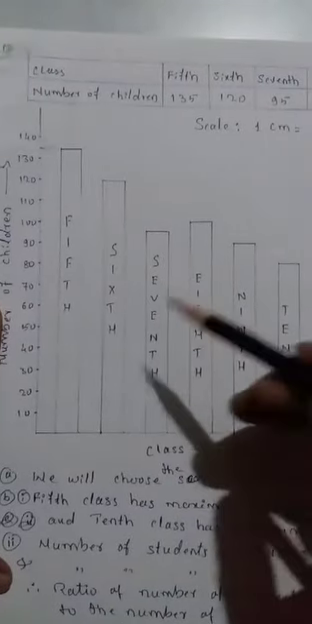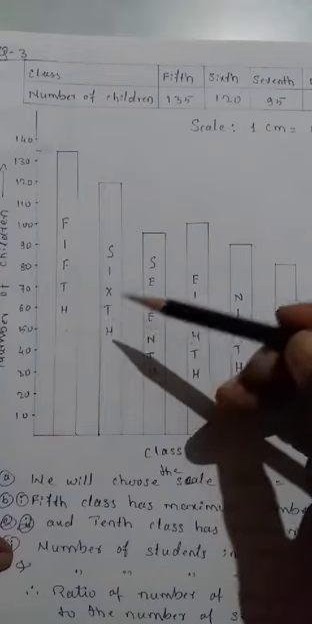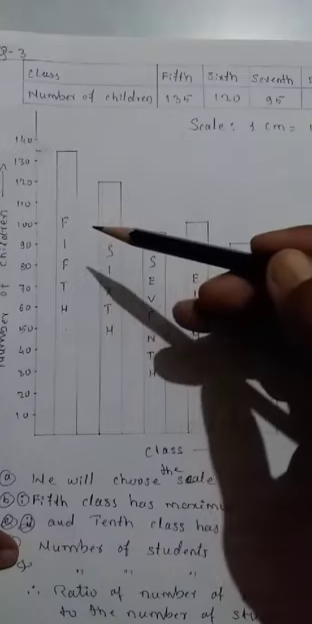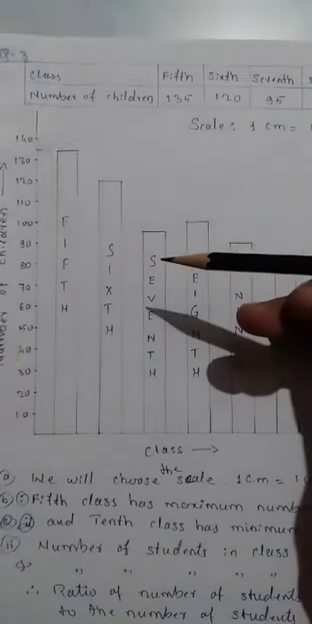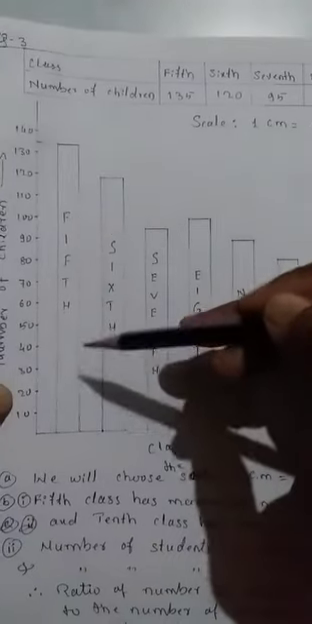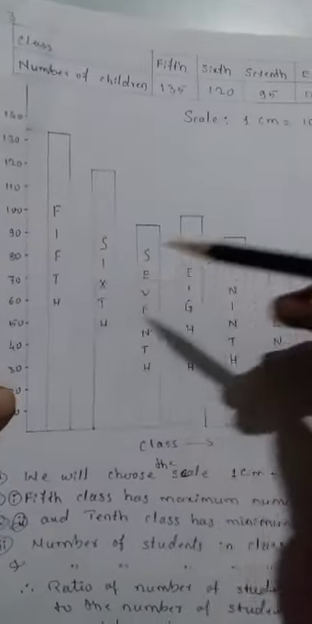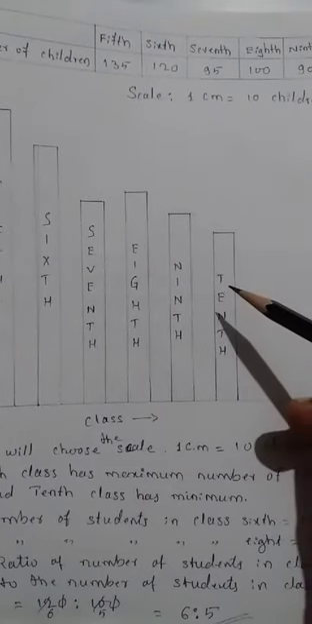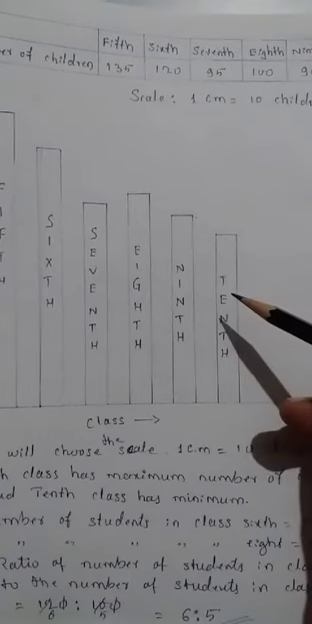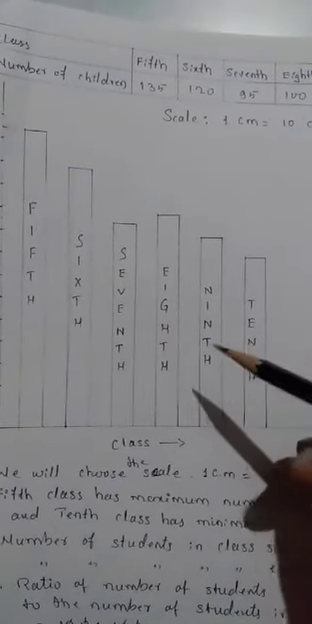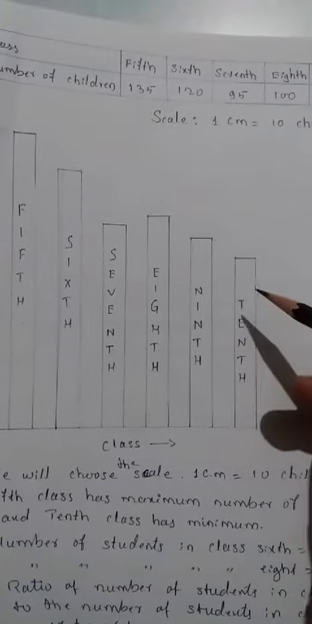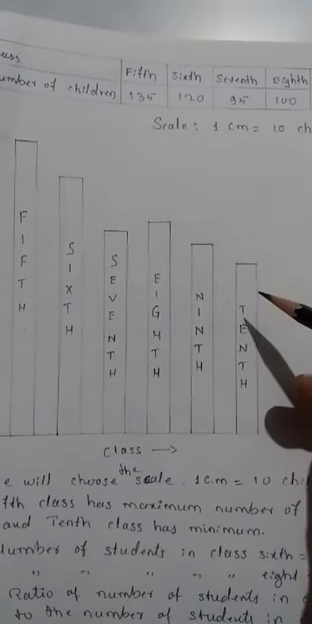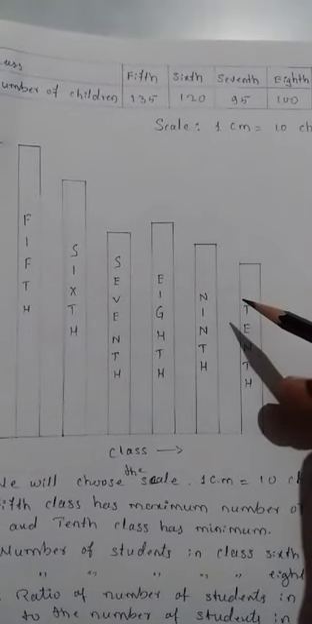By looking at this graph, we can identify that in 5th class the number of students is more than all the other classes, because the bar representing the 5th class is the longest bar, and in the 10th class the number of students is very less as compared to the other classes, because the length of the bar representing the 10th class is minimum. So, now our questions are: